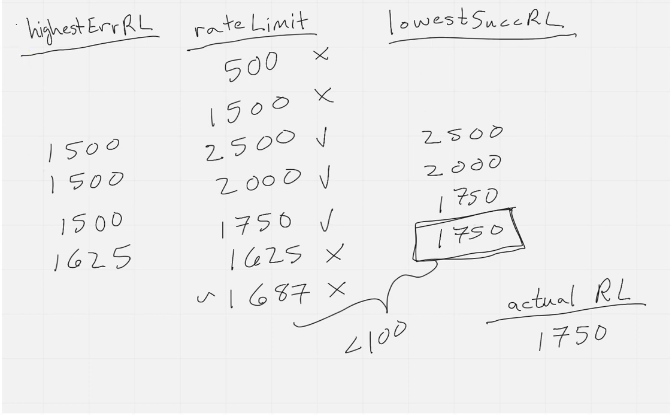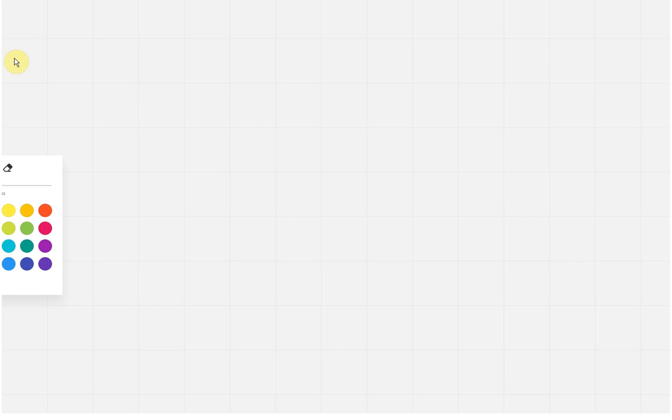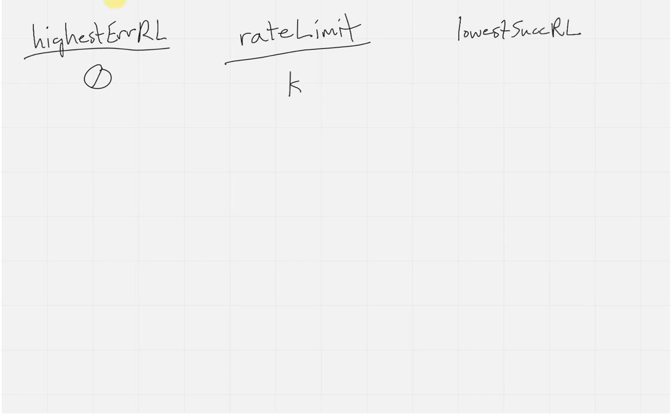And for completeness, because it's always very good with algorithms, I've found that when we start out at some rate limit k, I set the highest error rate limit initially to 0, of course, and the lowest successful rate limit to null. And I detected for null if rate limit